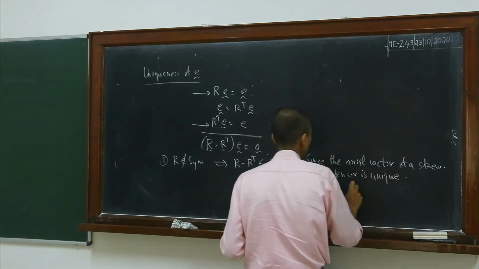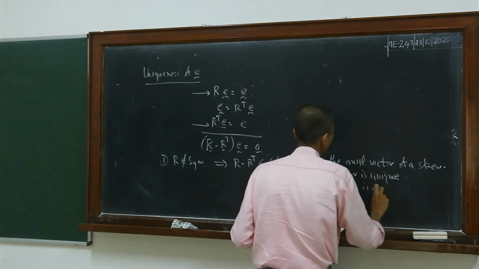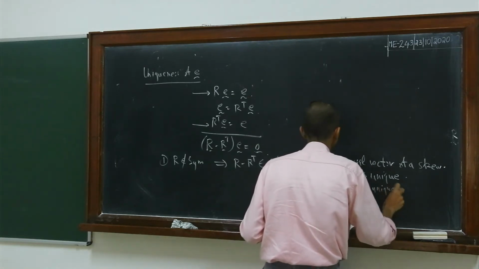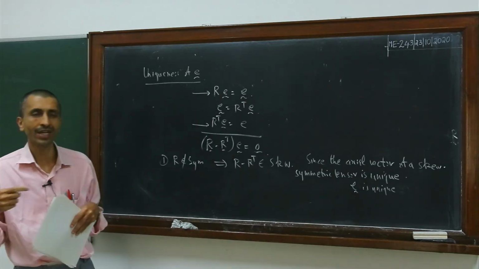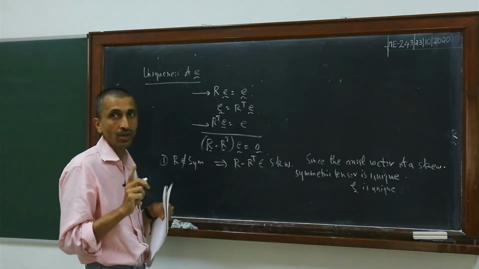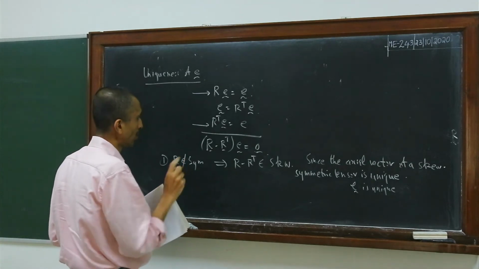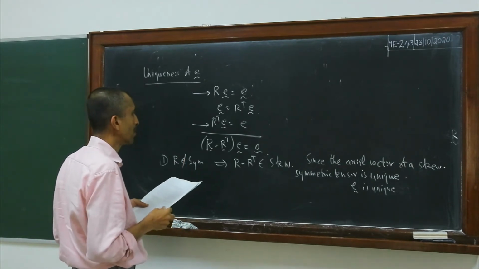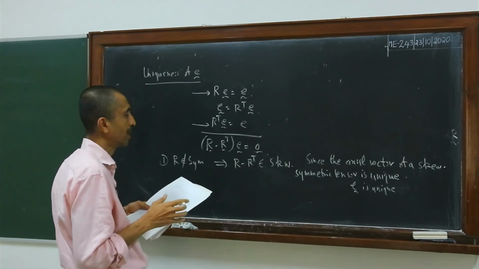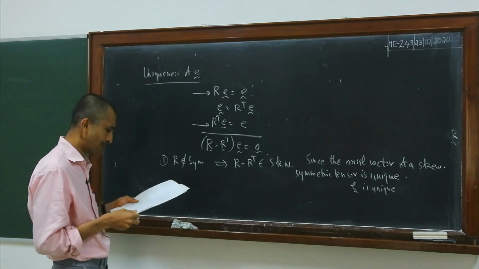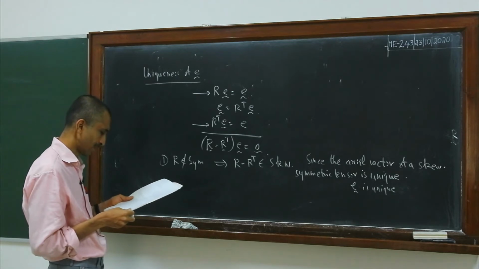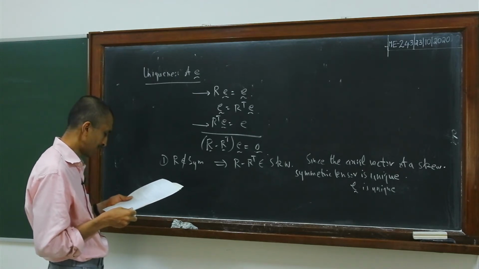So E is unique, right? Because here the magnitude is going to be unity only. In the case of an axial vector, the magnitude need not be unity, but when you are talking of this E, the axis, because it is an eigenvector corresponding to the eigenvalue plus 1, the magnitude is always unity in that particular case. So that disposes of this possibility that it is unsymmetric.